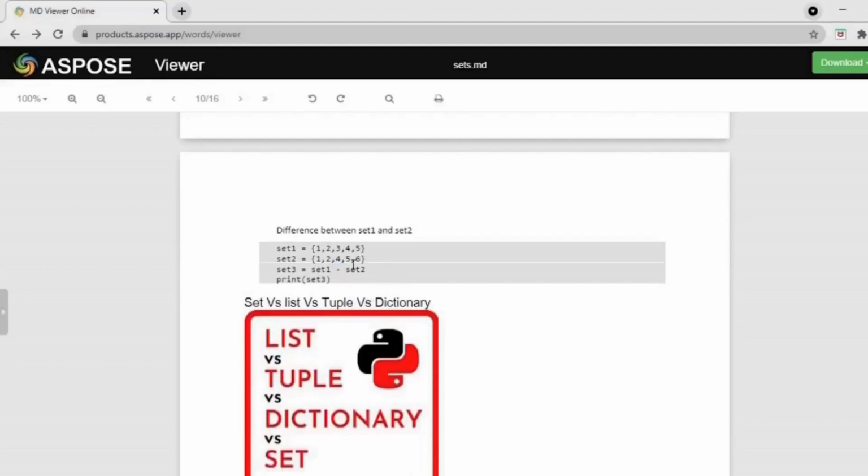Therefore, the output will be only 3 because 1, 2, 4 and 5 are also present in set 2, but only those elements that are in set 1 but not in set 2 should be displayed. Therefore only 3 is displayed.